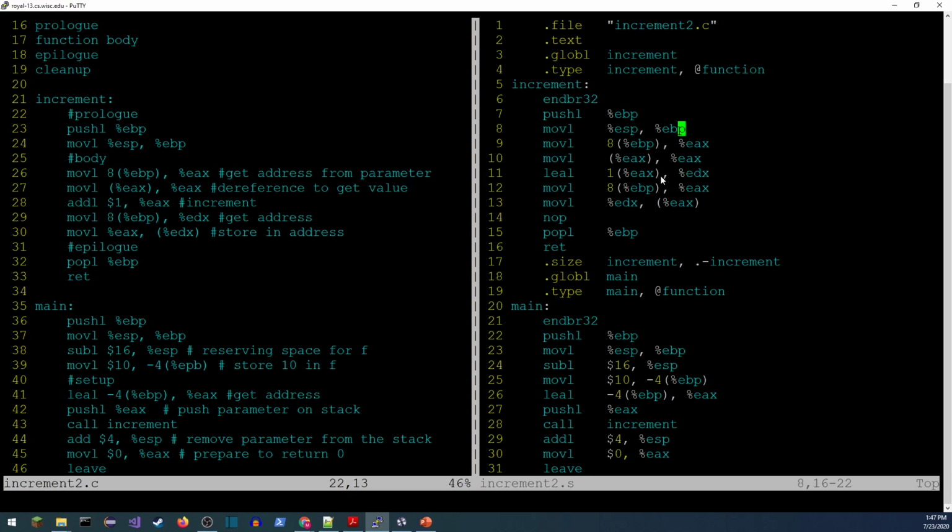They are using the load effective address command instead as a way to do the same thing. This load effective address is frequently used by the compiler to just do simple math. It can add numbers together and scale them. In this case, the %EAX here is the value 10, and this is just computing 1 plus it.